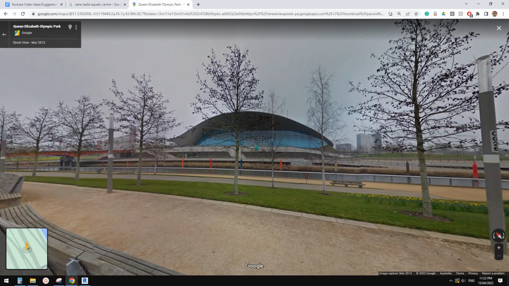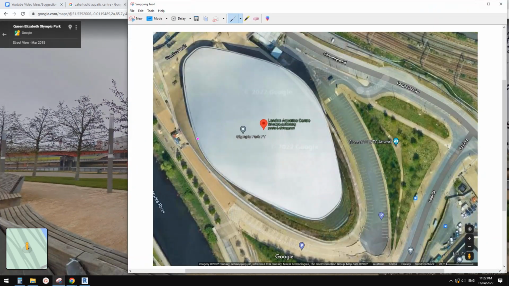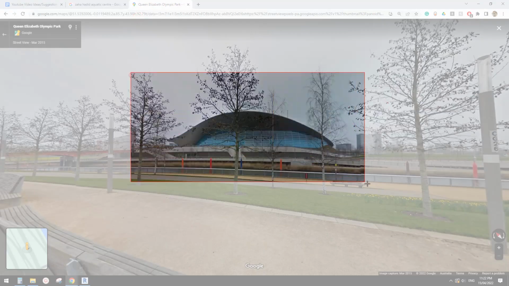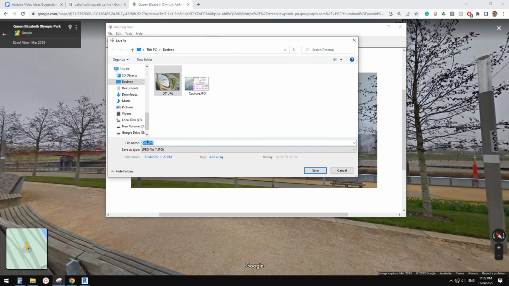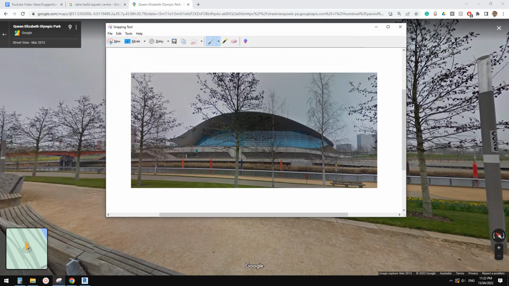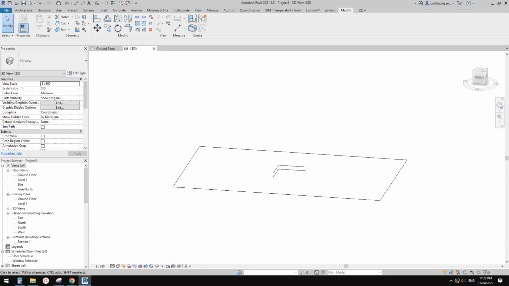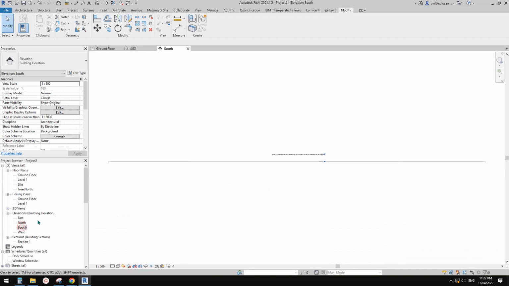I'll just do a screenshot of this. Okay, so save as 002. Go back to Revit. Go to just elevation side, elevation, and